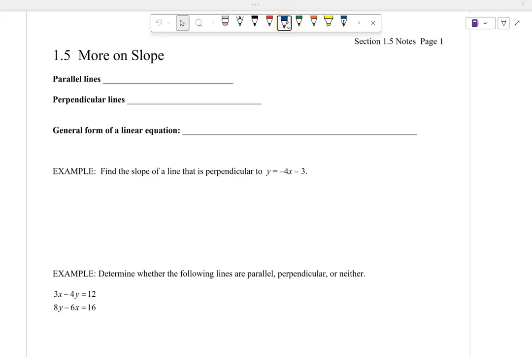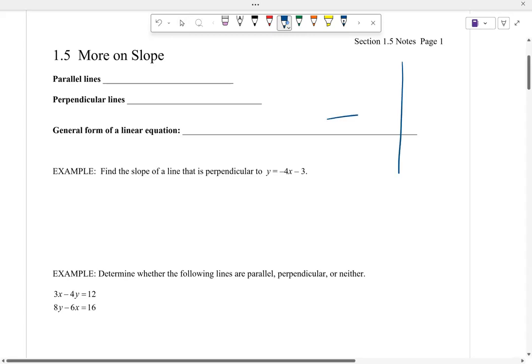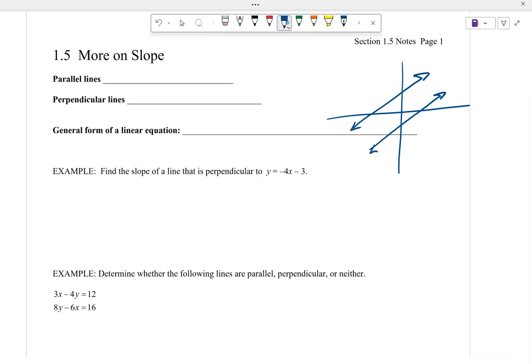Let's talk about parallel lines for a minute. The old joke is that parallel lines have so much in common, it's a shame they'll never meet. Why? Because they have the same slope. So parallel lines have the same slope, so they'll never meet. If this is a slope of, I don't know, 2/3, this one, if it's truly parallel, would also have